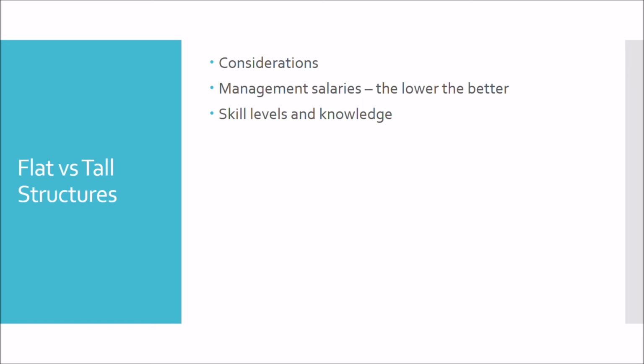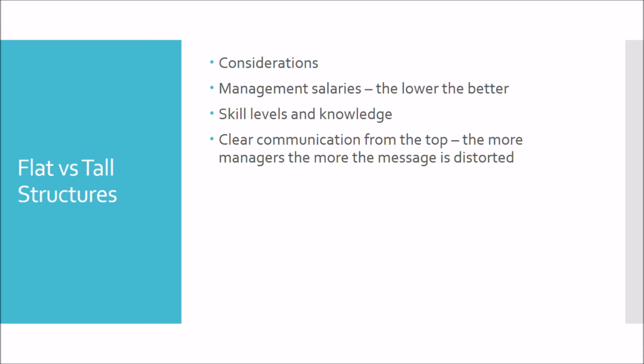Alternatively, they might be very high technically skilled staff members. So let's say in the internet world, they might really require a whole series of autonomy and accountability. They might not thrive without that, because otherwise they are going to leave and move somewhere else. So we've got this level of skills and knowledge that we're going to consider. We're also going to consider that the flatter you can make a structure, the clearer the communication is from the CEO. And we're always going to assume that the CEO is the one who's got the best level of skills and knowledge.